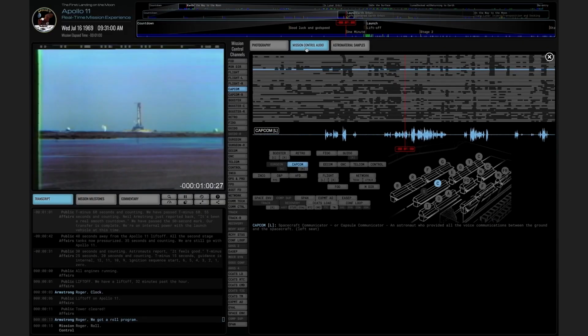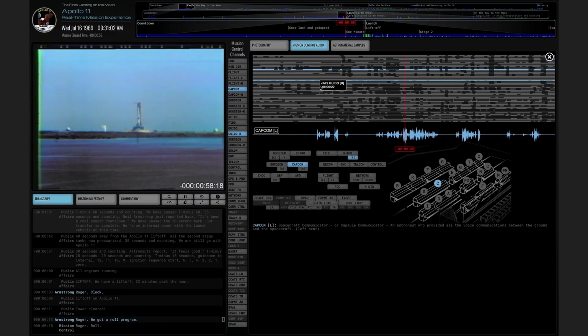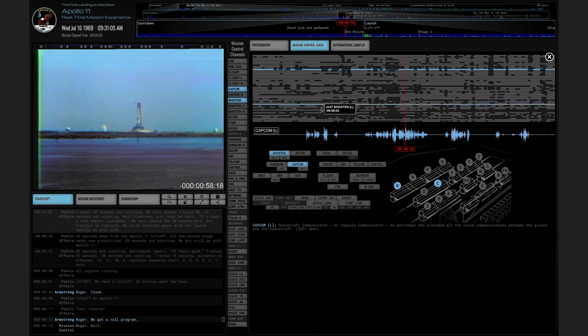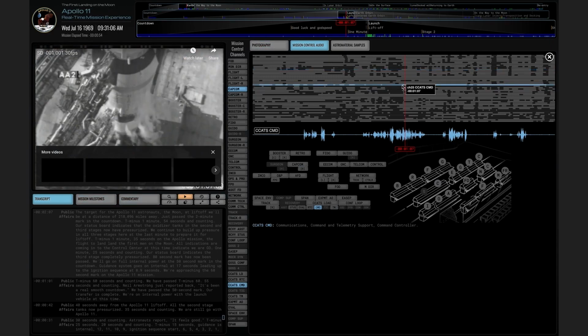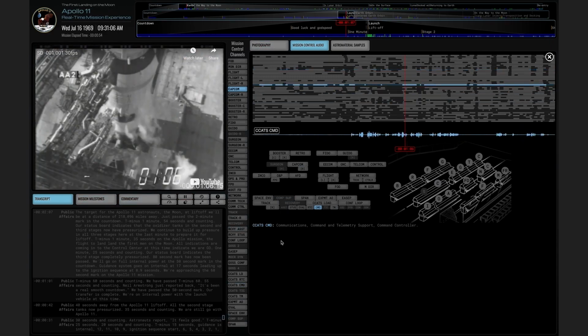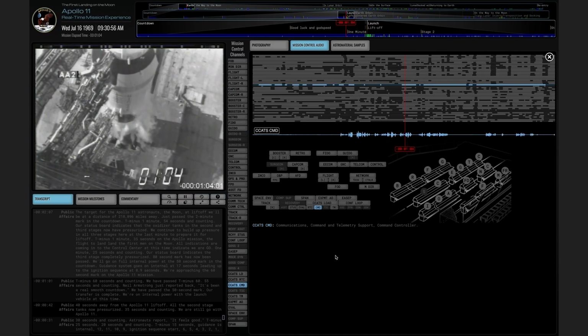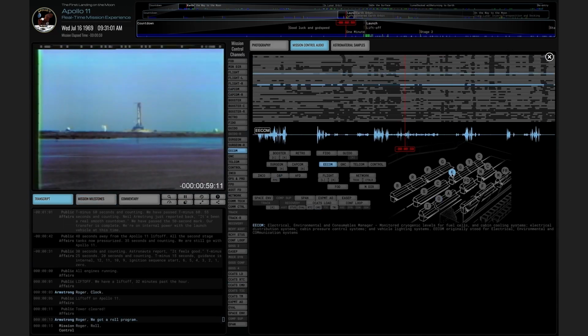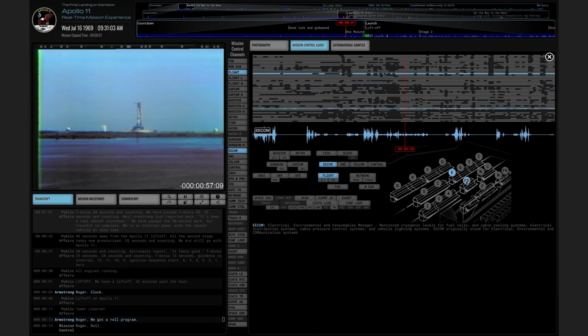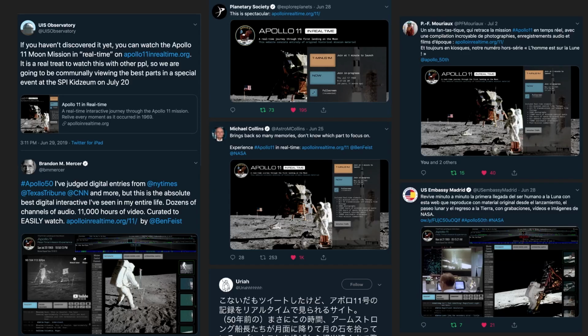And here's the interface that shows that 60 channels of audio from the 30-track tapes, all processed and synced exactly to mission time. So, you can sit in any position in mission control and listen to what that crew was saying at any point. So this becomes something that we can now analyze operations of missions, and current mission control thinks in these terms for all the work that we do on the International Space Station and the other things that are upcoming.